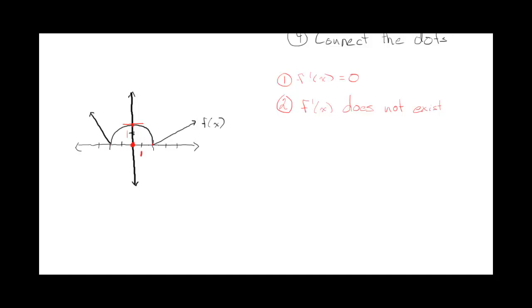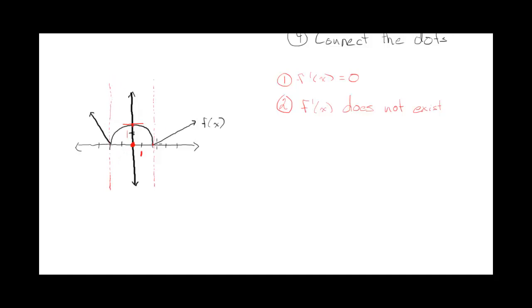If I look close to this corner or cusp from the left side, notice that it kind of looks like a circle, or a semicircle. It basically is becoming vertical. So if it's becoming vertical, that means the slope of the tangent is approaching infinity or negative infinity, right? It's getting to be a vertical tangent. So that means you're going to have an asymptote. If the slope of the tangent is approaching infinity, so approaching a vertical line, then you've got a vertical asymptote. And the same thing happens over here, but only on the one side.